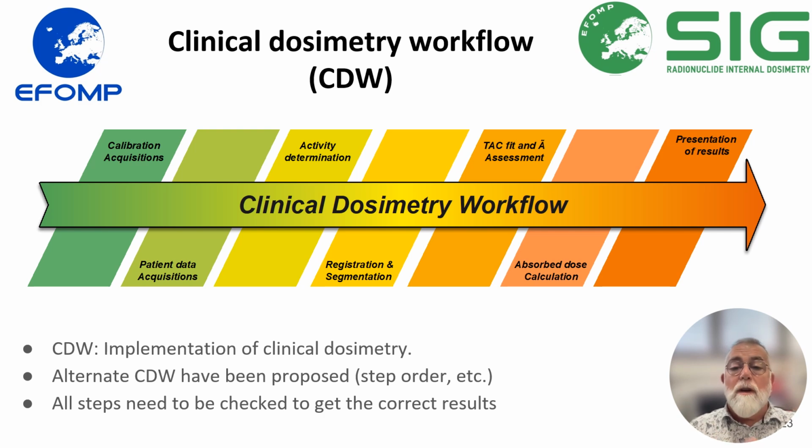So you can swap two of those steps here. There are clinical dosimetry workflow with or without registration, with segmentation being performed at every time point and so on. So this is just an example. And for every clinical situation, you may have alternate clinical dosimetry workflow. And obviously, all the steps need to be checked to get to have a correct